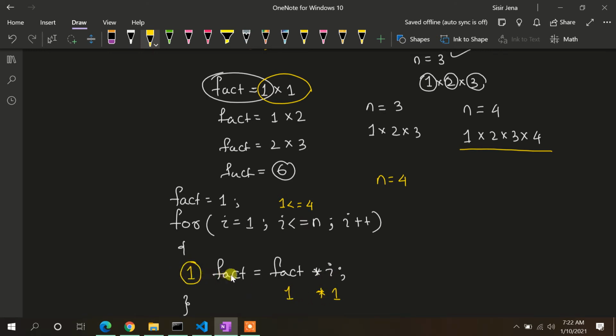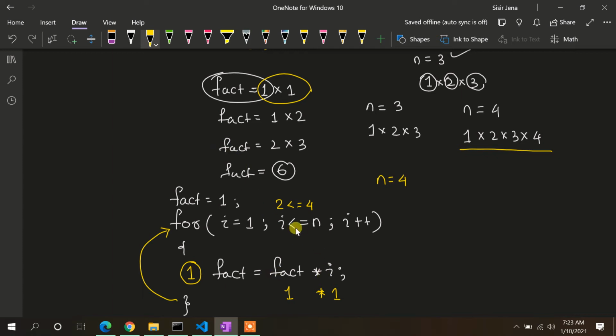So now fact gets the value 1. From here we continue the loop. i will be incremented by 1, so i now becomes 2. When i becomes 2, the condition is checked again: 2 is less than 4 or not. Yes, 2 is less than 4. We come inside the loop. We got fact as 1, so 1 will obviously be there.